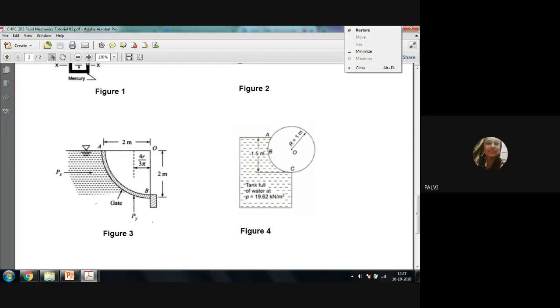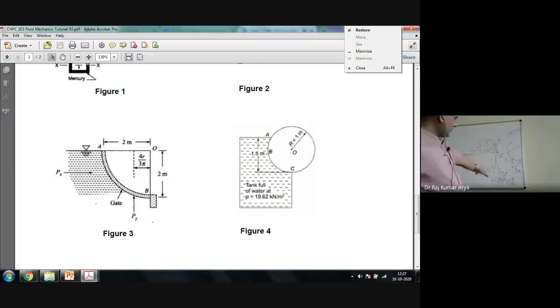Because you got the volume this way. This is the full volume of this entire circle, when theta was 2 pi. So if you want to calculate the full volume, your theta will become 2 pi upon 2 pi. Both will get cancelled, so you will get the full volume. Now you need just the volume of this part, so you can calculate theta.